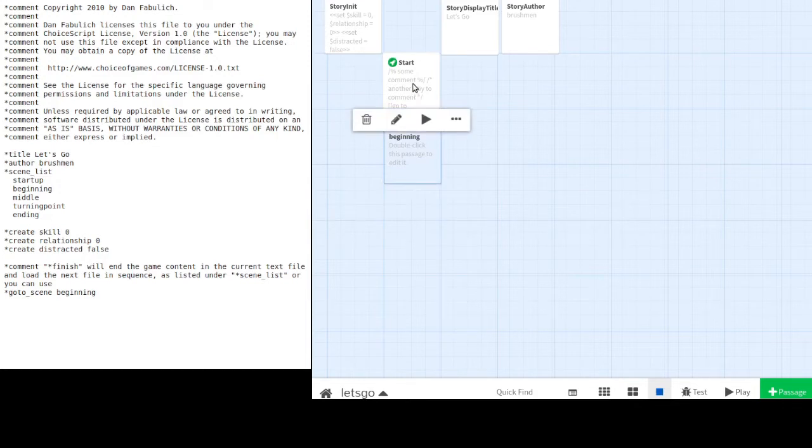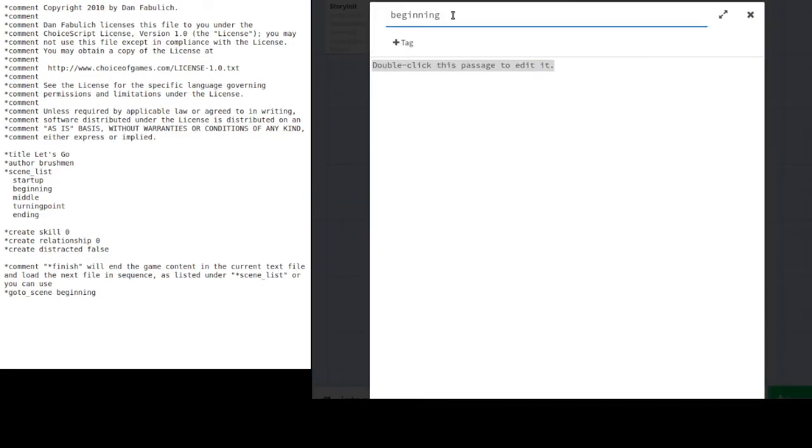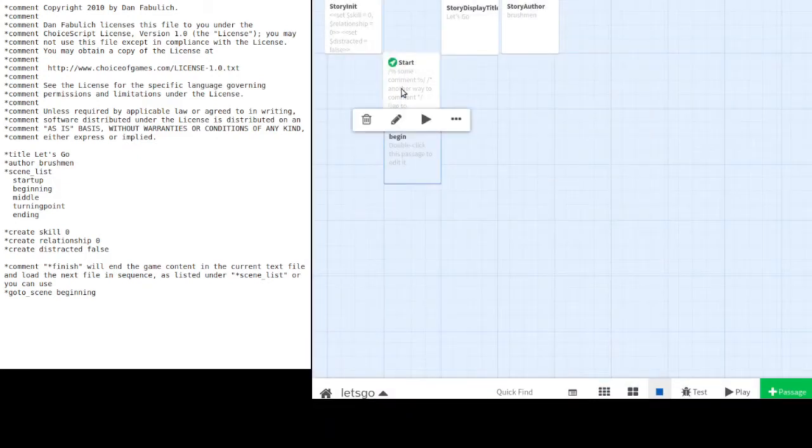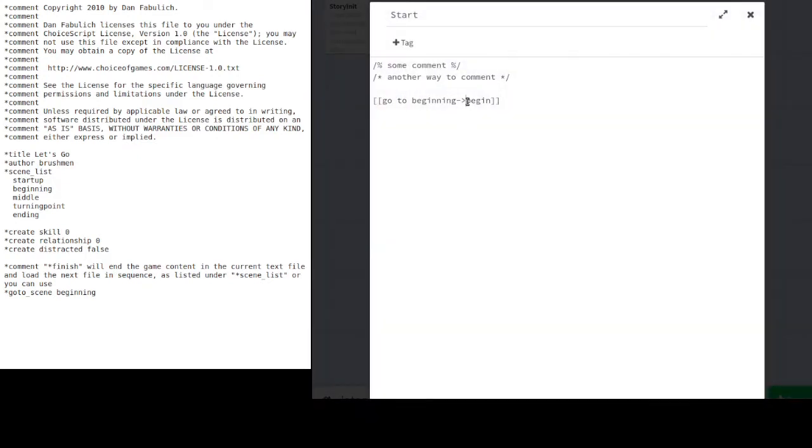If you use this linking method, the Twine editor will draw an arrow to the target passage automatically. If you change the name of the target passage, the editor will update this name in all passages that are linking to it. But this convenience is not afforded in the other direction.